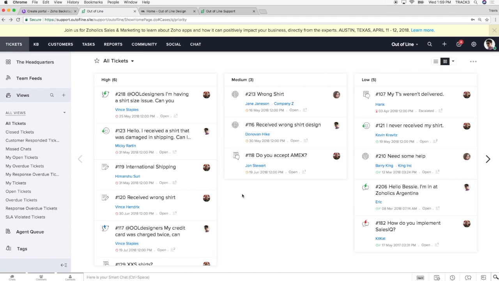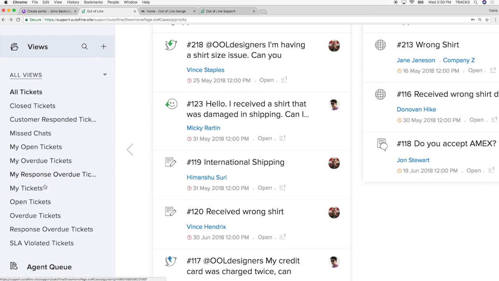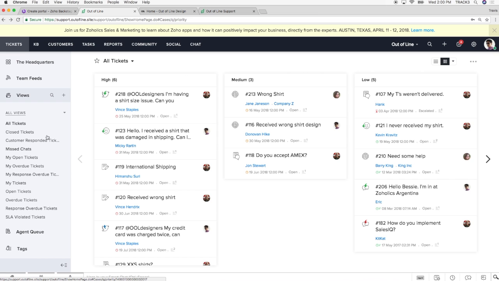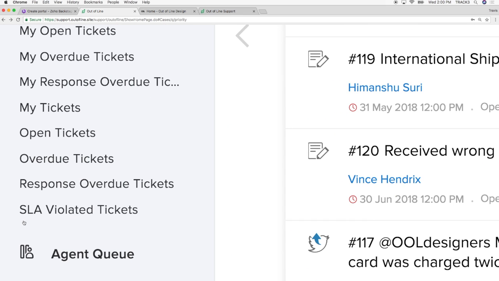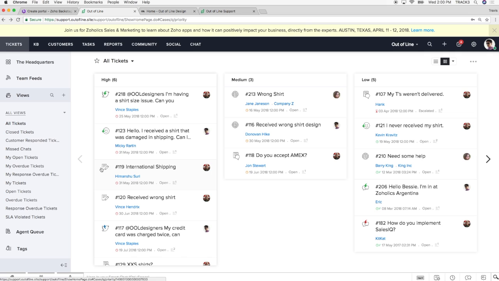Okay, so that's kind of where the agents are hanging out, right? You have different ways of viewing the tickets over here with the Kanban views, the handshake mode. I showed you all this stuff. You also have different ways to break them up on the left here. So I can look at just the tickets assigned to me. I can look at tickets that are overdue only, maybe some chats that have come in that I've missed. SLA violated tickets, so this would be a very important factor, right? If I have an SLA with somebody, that's an ongoing contract. If I violated that contract, that's not good. That's going to be a problem for our future relationship. I need to work on that.